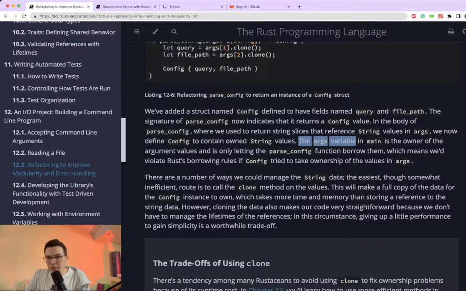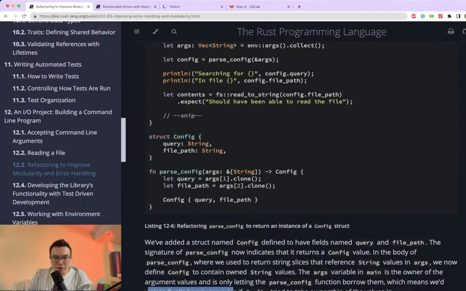The args variable in main is the owner of the argument values and is only letting the parse config function borrow them,